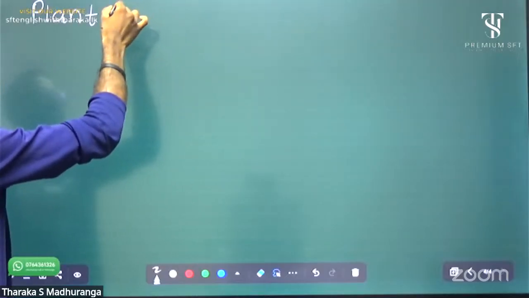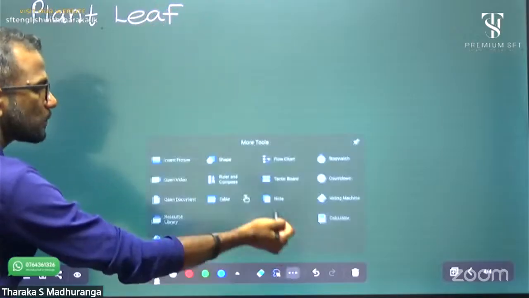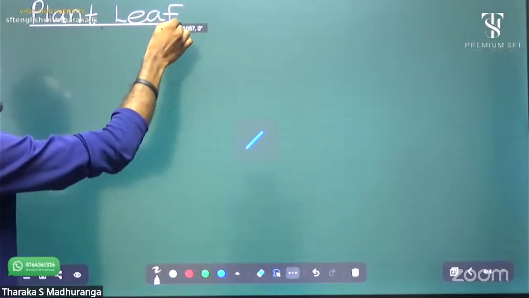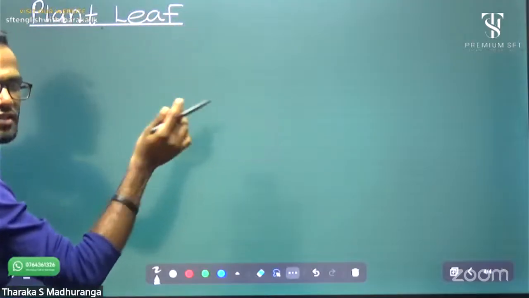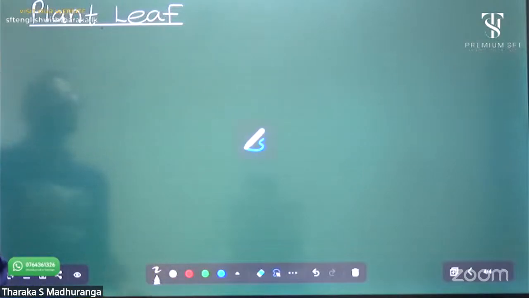Plant leaf. This part is very important because the exam always asks these diagrams and their parts and functions. Okay, plant leaf. The first one,